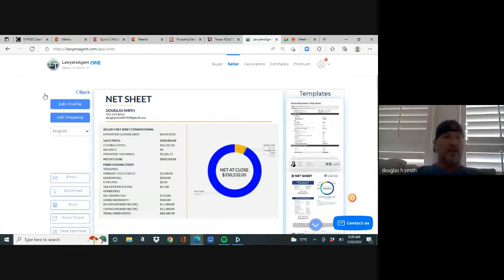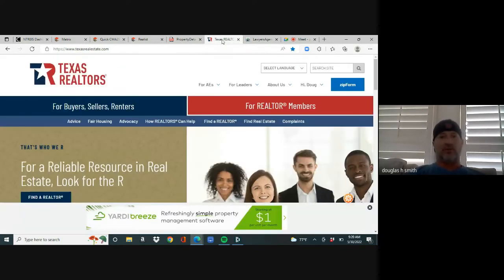So then we had to go to the tax roll. We had to find it. We printed it. We then did a CMA, and then we did 3 net sheets. So now we're going to go to zip forms,